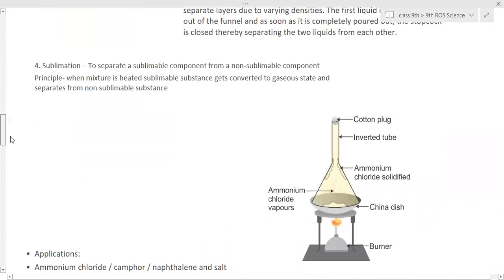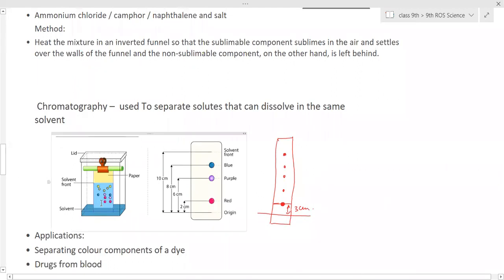Then after that, chromatography. In chromatography, the different colored components are separated by the chromatography method. So in chromatography, we have to take chromatography paper or simple filter paper. Over that, 3 centimeters above the bottom of that paper, we have to make one dark spot. The component ink, we have to put it here 2-3 times. We have to drop the ink spot here and let it dry.